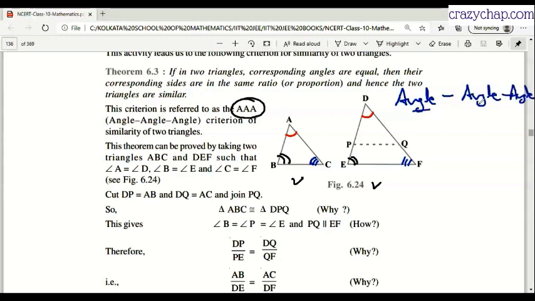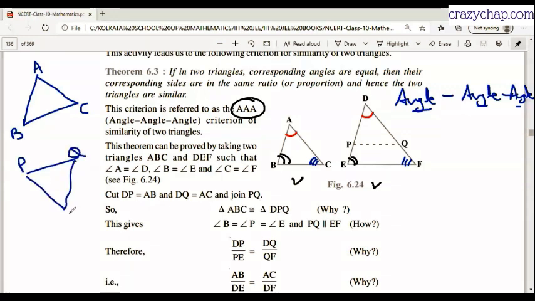So it means if the three angles are equal for two triangles, then those two triangles will be similar, right? Right. Okay. Now here I would like to mention that sometimes you can have just two angles equal. And if two angles are equal, by default the third angle will also be equal, right? Why? Because the sum of all angles has to be 180. For example, let's say this angle A is 70, angle R is also 70. Okay. And angle B is 50 and angle Q is also 50.